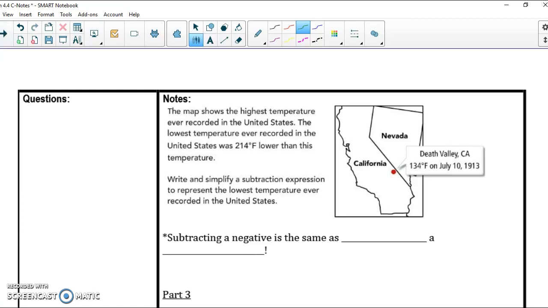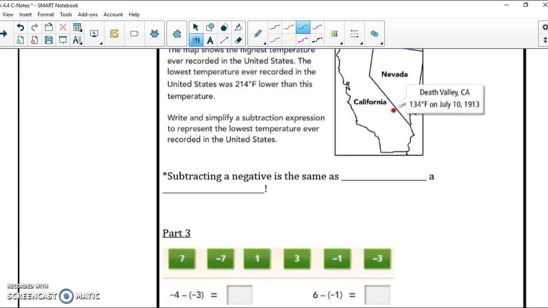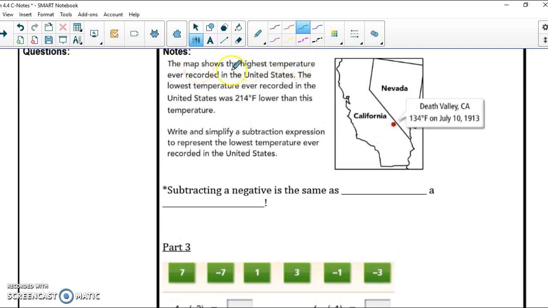All right, let's keep practicing this idea with another word problem. The map shows the highest temperature ever recorded in the United States. The lowest temperature ever recorded in the United States was 214 degrees lower than this temperature. So here's this temperature. This is the highest temperature ever recorded. The lowest temperature is going to be 214 degrees lower than this, lower than 134. So we're going to write and simplify a subtraction expression to represent the lowest temperature ever recorded in the United